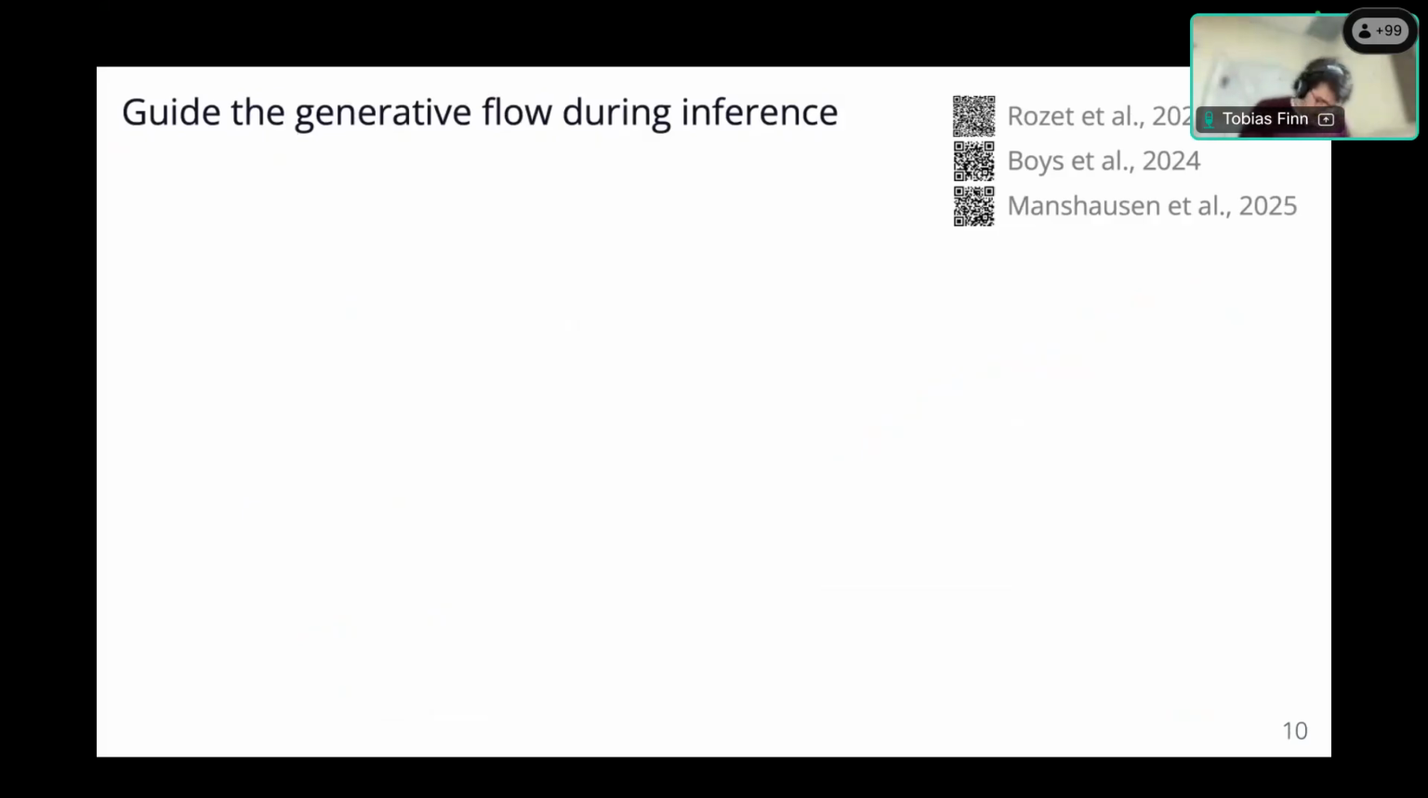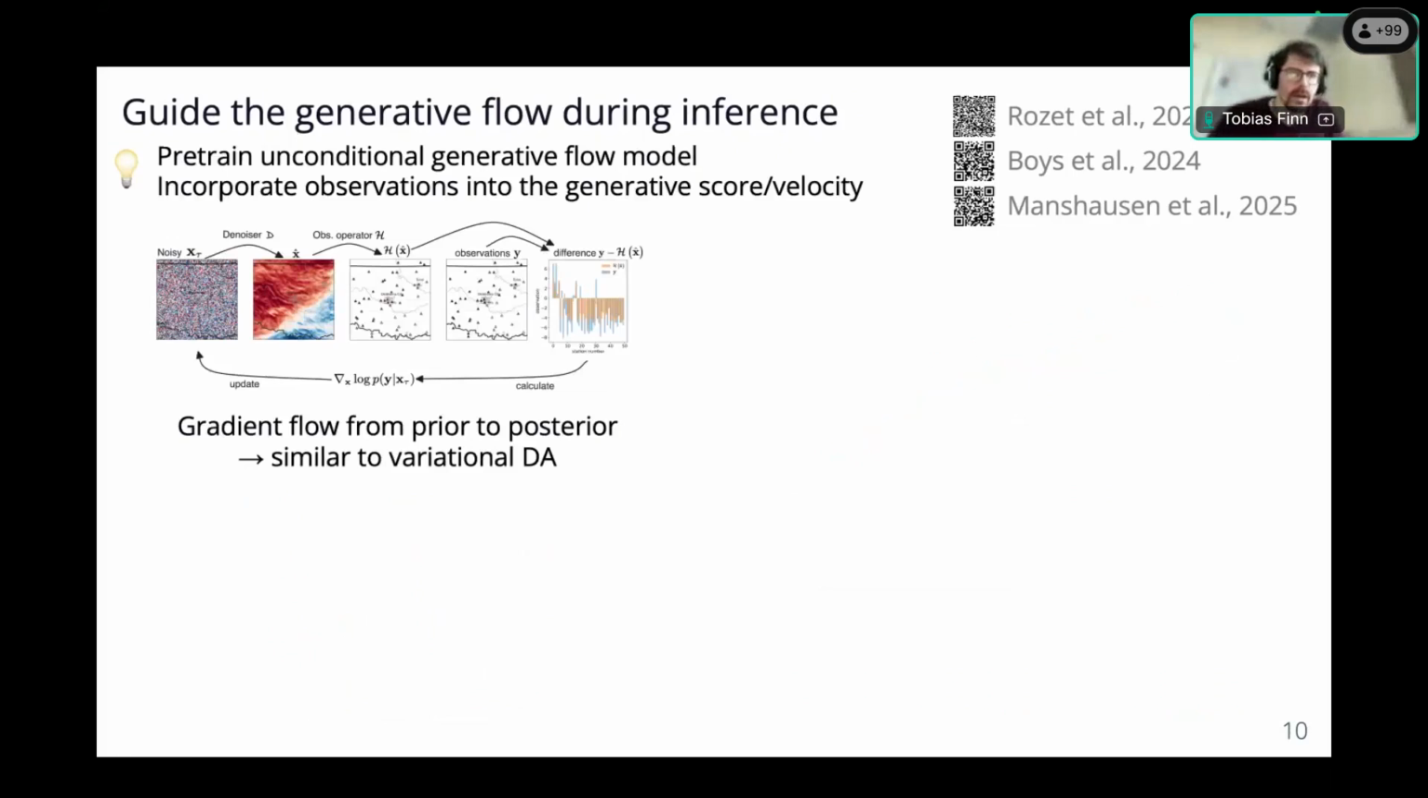Okay, so let's speak about the second possibility of how to combine data assimilation and generative models. And so the general idea is here we have this generative process going from noise to data, and we want to guide this process so that we match observations in the end. Once again, we use a pre-trained unconditional generative flow model, so a model that maps from noise to data. And as I said, the goal is that we incorporate observations into the generative score or into the approximated velocity. And so meaning we want to apply our observation operator. We want to compare the observation operator to the real observations, and then